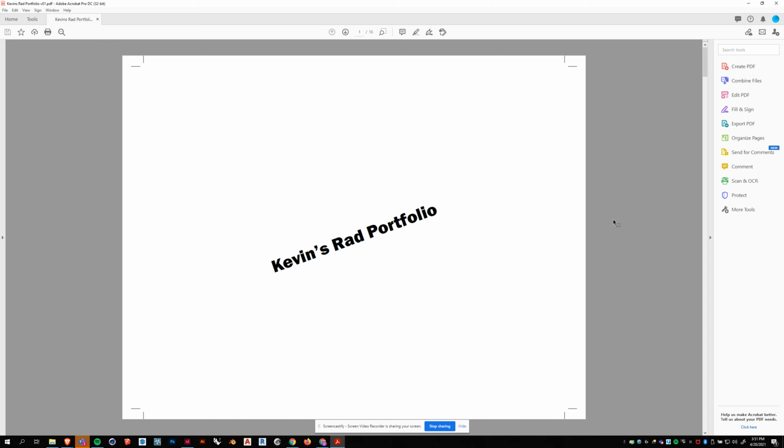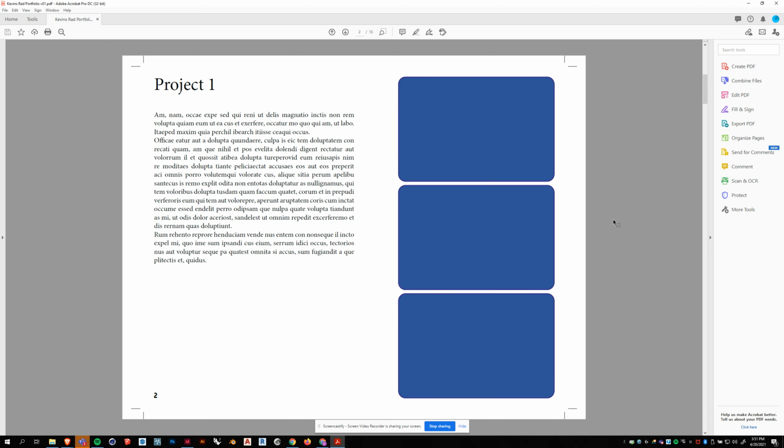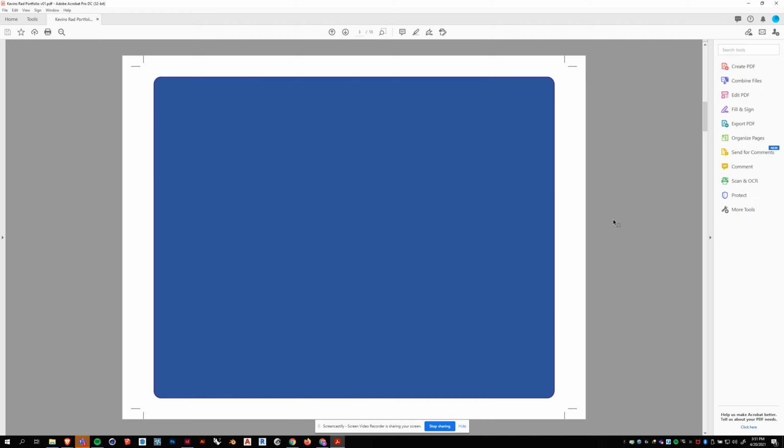Okay, so I'm going to just scroll down to the next page. So here is page 2. I got my crop marks on there. Page 3, and so on. So I could print these,